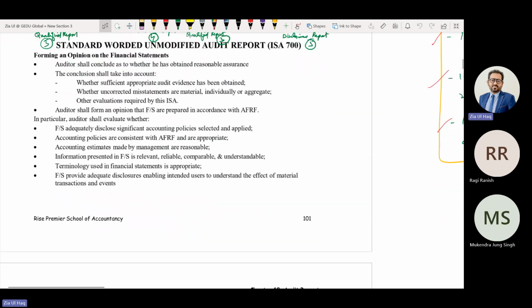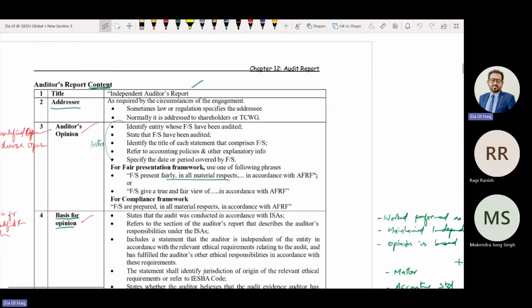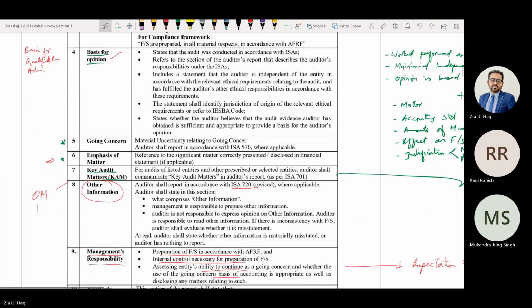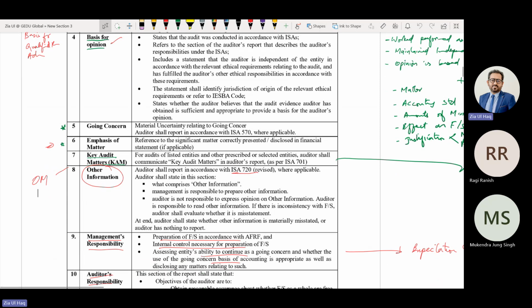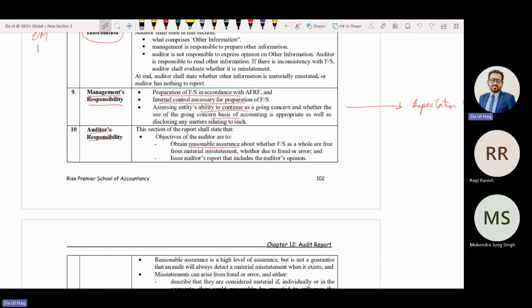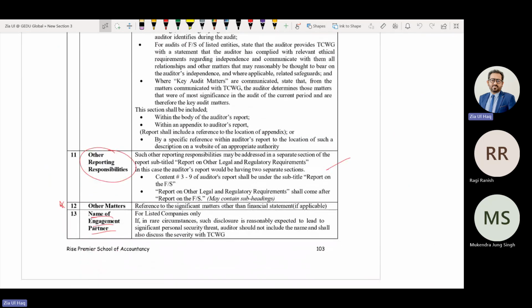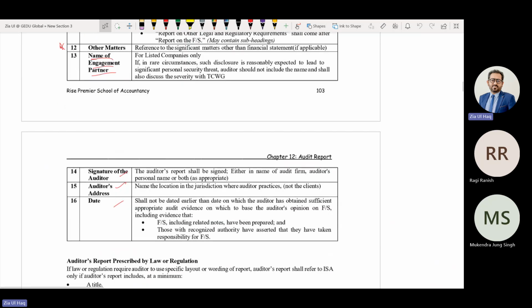And we discussed different contents of the report: title, addressing, opinion paragraph, basis for opinion paragraph, key audit matter, CAM, other information, management responsibility paragraph, auditor's responsibility paragraph, other reporting responsibility if required by local law, and then auditor name, signature, address, and date.